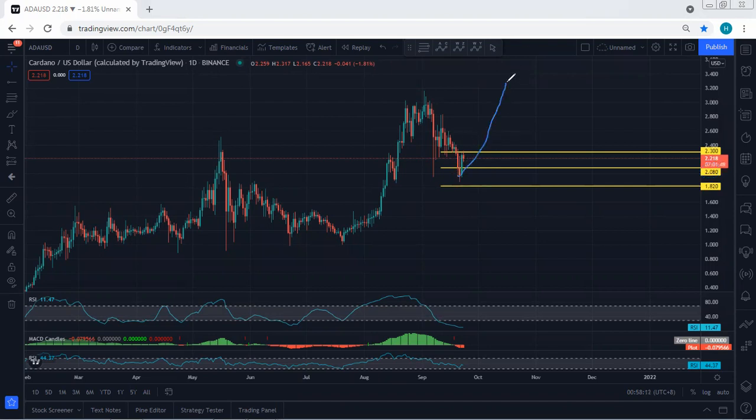Whether this is the start of the reversal or we can expect this one to turn to a flat, because most of the charts have a similar movement. We get one more drop before we get the reversal, all right? Because if this is the start of the reversal, that means this is a three-wave structure as a 1, 2, 3, ABC. When we have an ABC, we need to refer to the indicators. We should have a divergence.